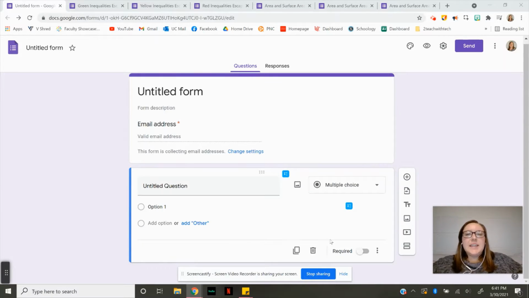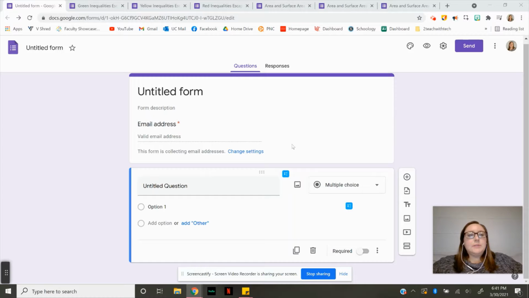Educators. For today's Tech Tip Tuesday, we're going to look at how to differentiate escape rooms. Last week we looked at how to create escape rooms using Google Forms. If you have not seen that video already, I would recommend going and taking a look. And today we're going to look at how you can differentiate them so that you can meet the needs of